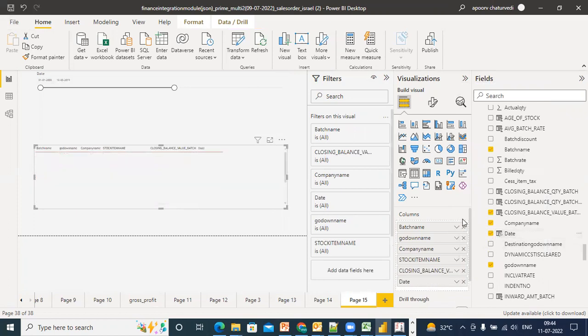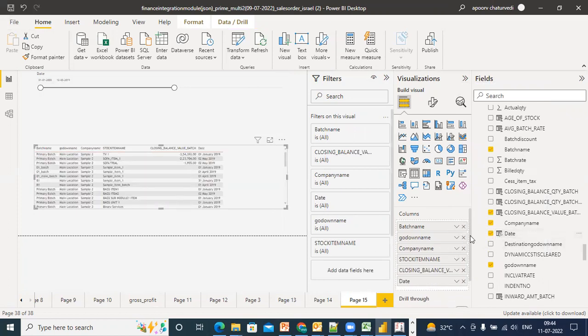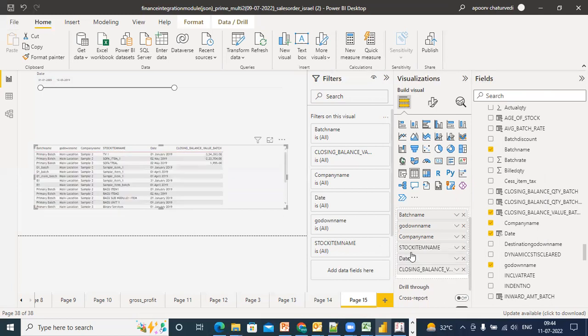So your concept comes into it. So you remember the client on Friday was coming and telling, sir, आप मेरे को closing stock balance last day पे दे दो. Did he not say that? And the same, another client on Saturday also said, right? So what you would need to do is,